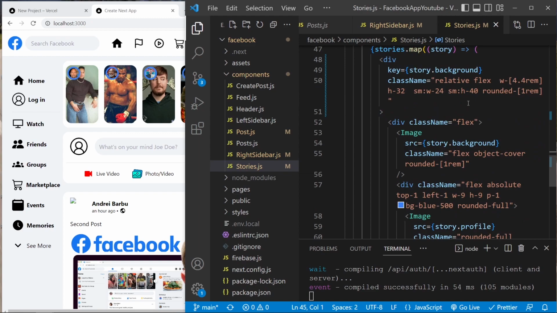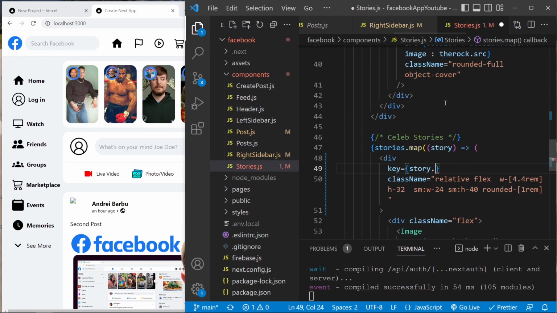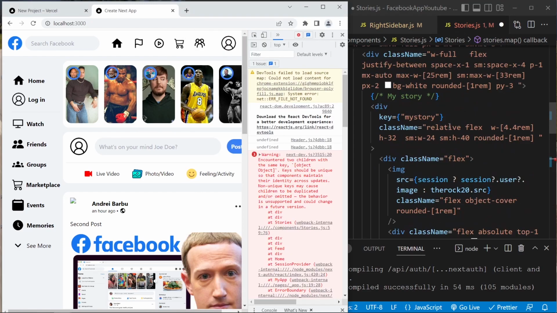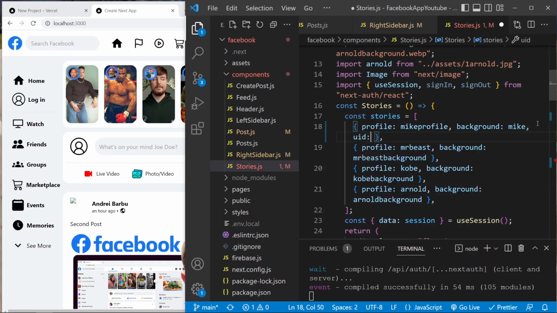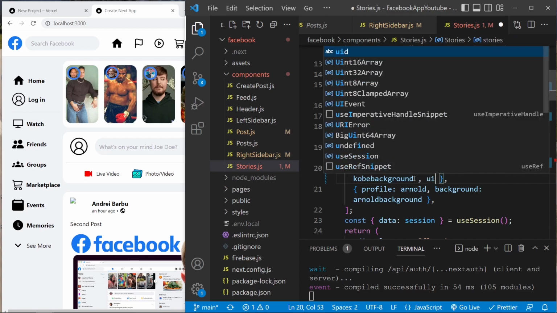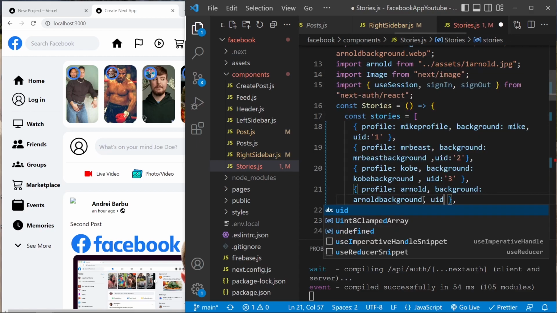We have to add a story, we might have to say here at the end. We have to give this UID equals 1, then we have to give a UID for each story. I'm going to say UID of 2, then here UID of 3, then UID of 4,